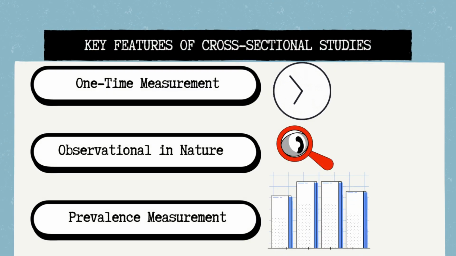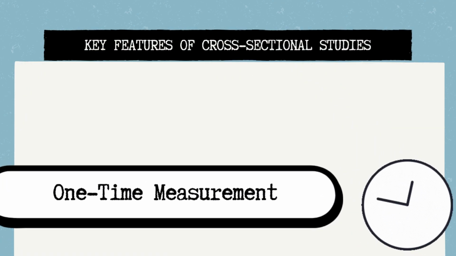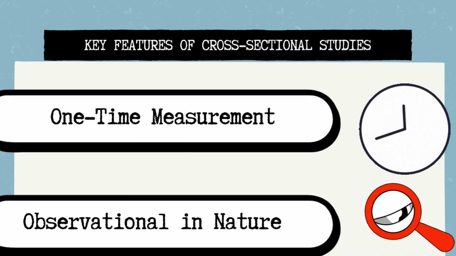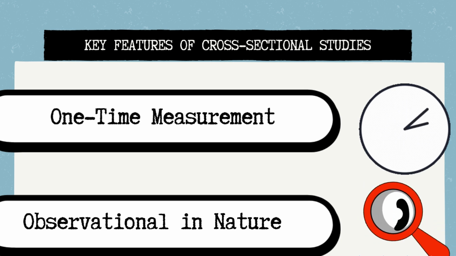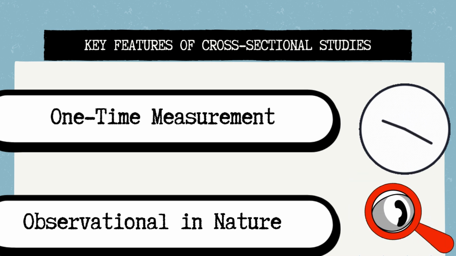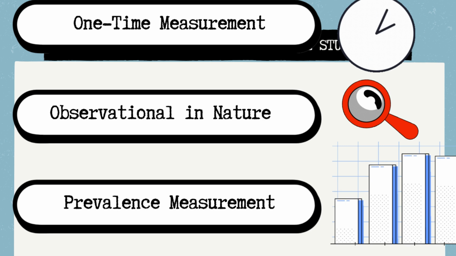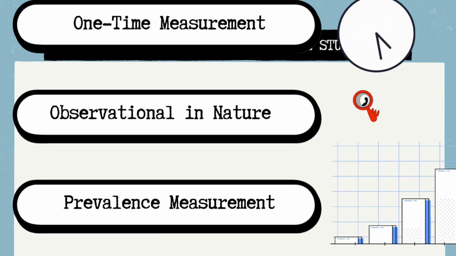Key features of cross-sectional studies. First, data is collected once from each participant, capturing a snapshot of their condition, characteristics, or experiences. Second, these studies observe natural variations without manipulating any variables. They differ from experimental studies where an intervention is applied. Third, cross-sectional studies are particularly useful for estimating the prevalence of a condition or characteristic in a population at a